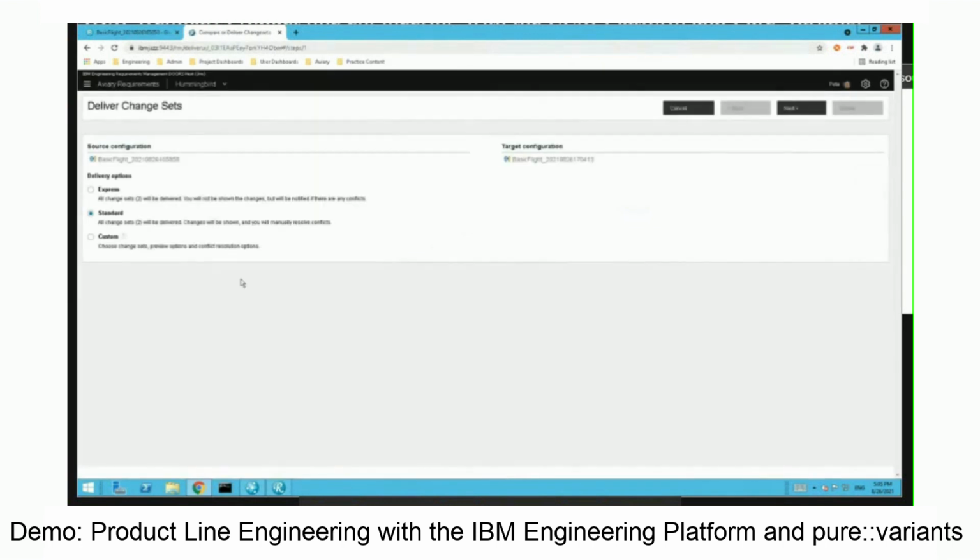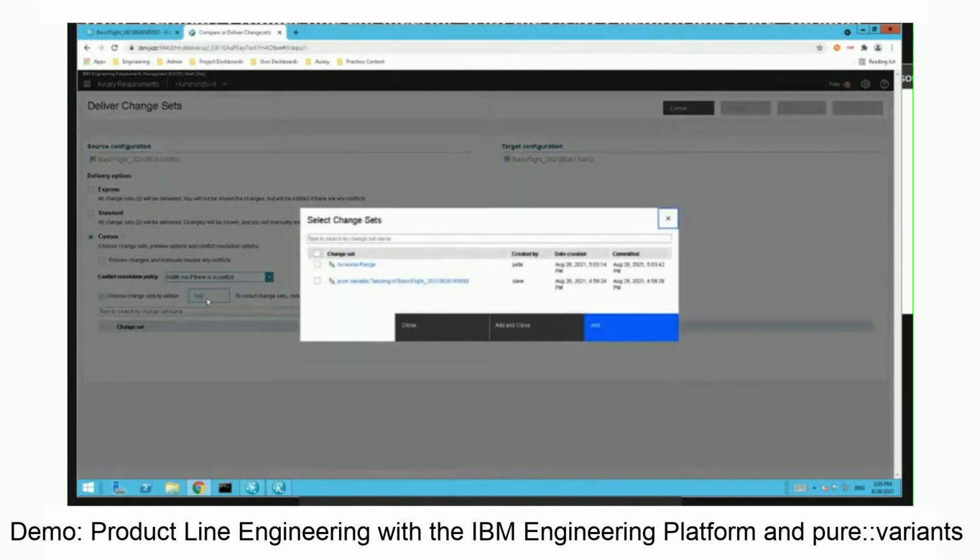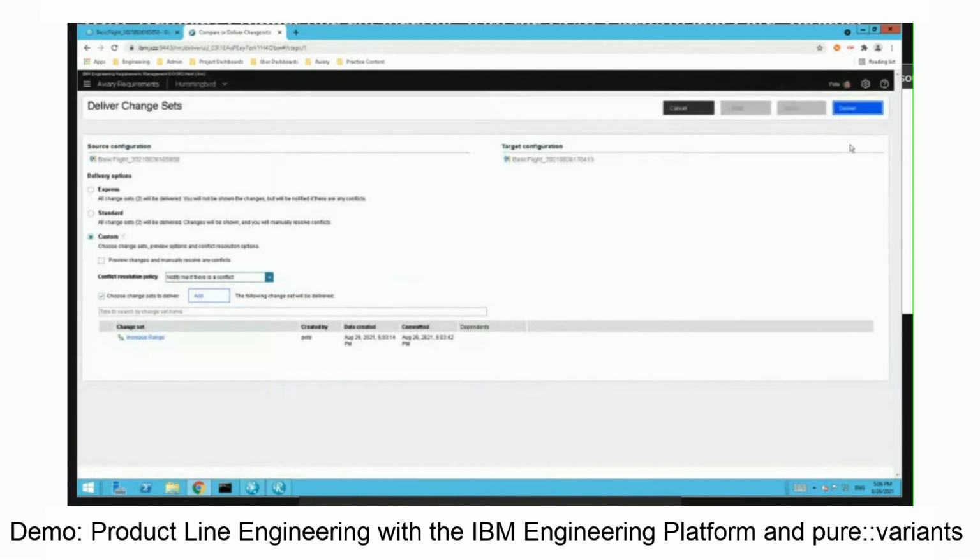Now, notice we have two change sets. If I select a custom workflow and choose the change sets I want to accept, we can see that there is the increase range change set that the variant team just created, but there's also a roll-up of any changes made to the platform that were happening in parallel with our basic flight team's work. We could accept one or both, in this case, I'll just accept the increase range change set